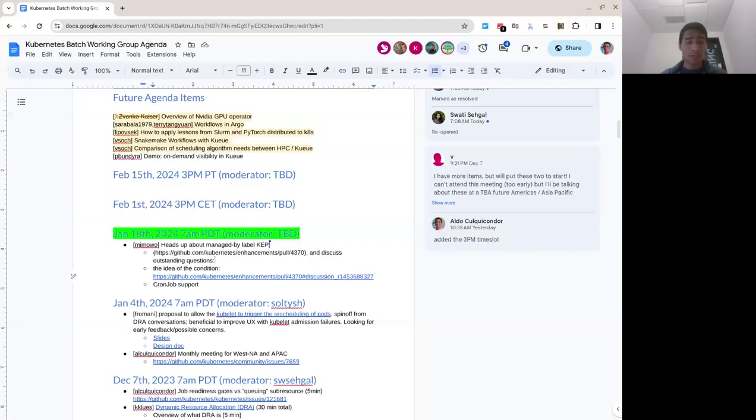With that, let me present the agenda real quick. We only have one item from Michał, for the managed by label. Is my screen visible? Should be. So we have just this one item in the agenda, but before we go into it, I wanted to share that